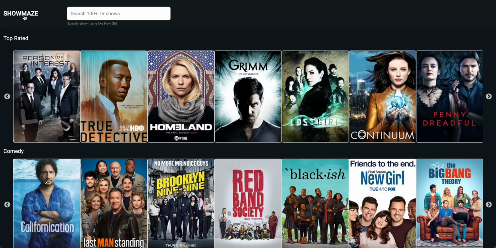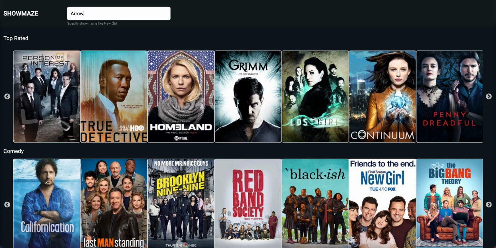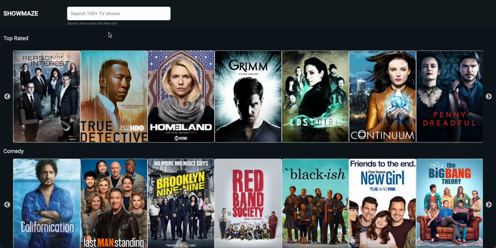I have used 4 components. The first one is the search component, which contains the logo, and this logo is clickable. By clicking the logo, it routes to the home component. The other one is the search input. By typing a show name, it retrieves the show information. This search input is designed using reactive forms and Angular Material. And I've also used some CSS3 and Bootstrap to design the search component.